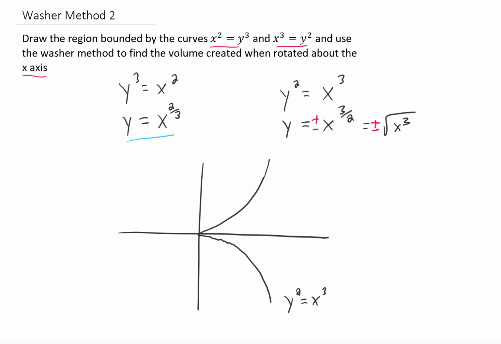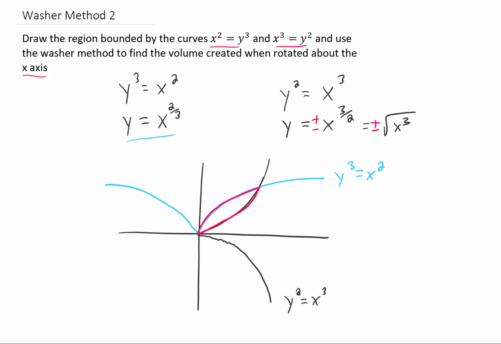As far as y equals x to the 2/3 power goes, x has a power that is less than 1, so it should kind of look like a square root function. Of course, in this case, we are allowed to plug negative values of x in here because you can plug a negative value into a cube root, and what would happen is we would get this other piece of this function over here. Okay, so the region in question is this bit right here,